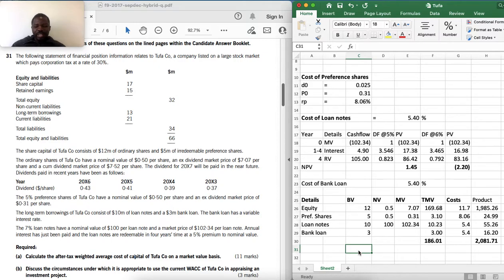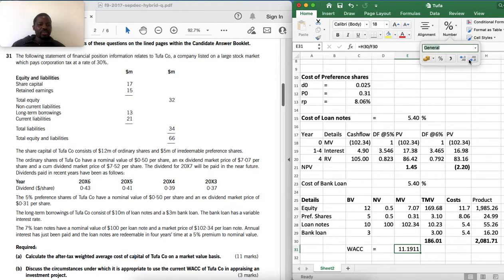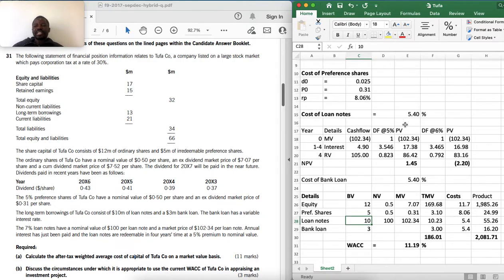Then now we can calculate our WACC. Our WACC will be calculated as product divided by total market value. So our WACC will be that figure. Let's round off to 2 decimal places. So our WACC will be 11.9%. This is how we can calculate our WACC in an easier manner using Excel, as we are all doing